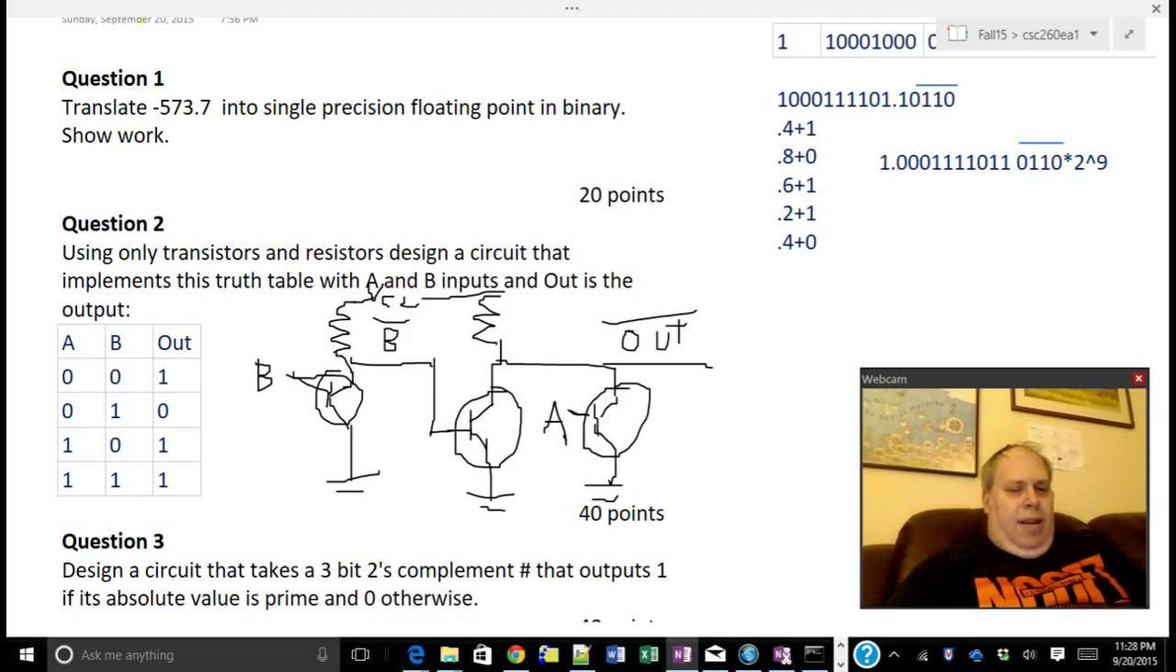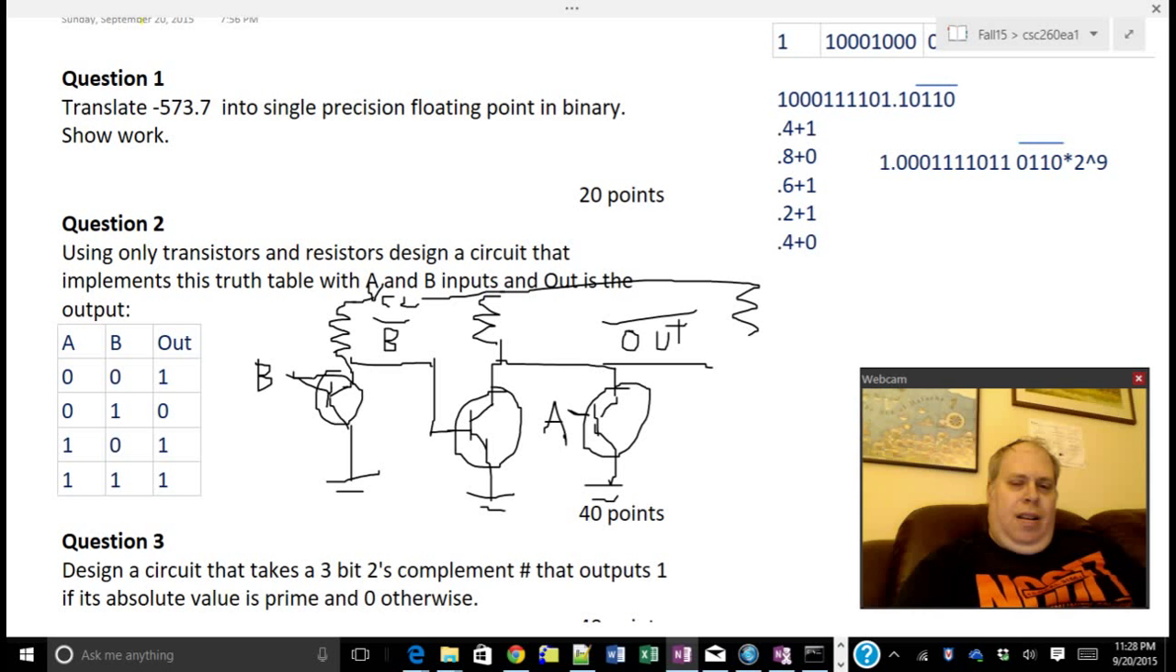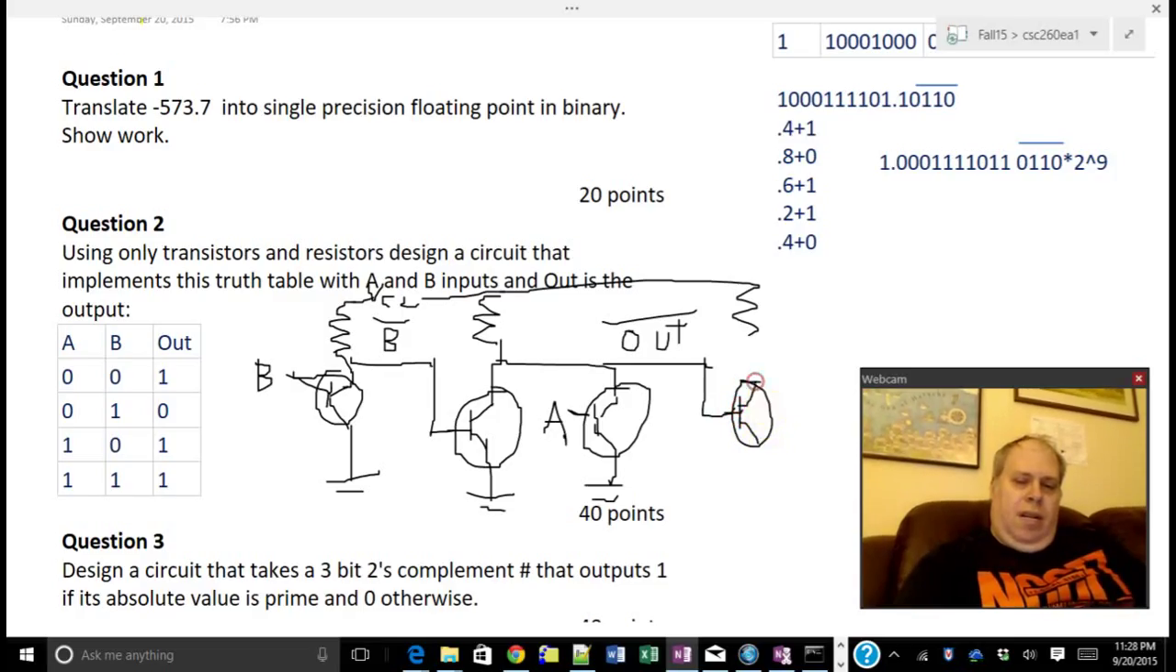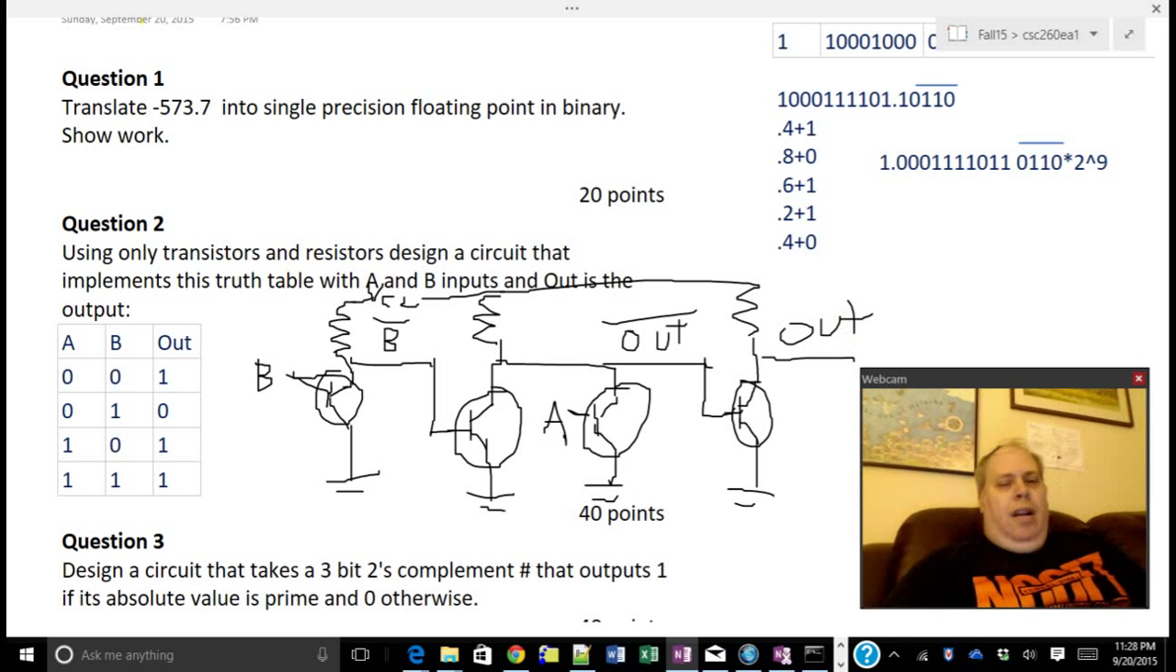Because if A or B come in, it's knotted. So if I want to get out, I just grab VCC, go in like this, transistor, and this is out. And so you see that one of the most important things is every wire is labeled